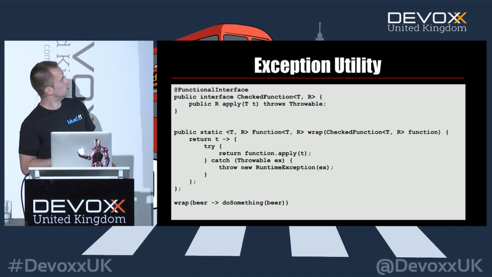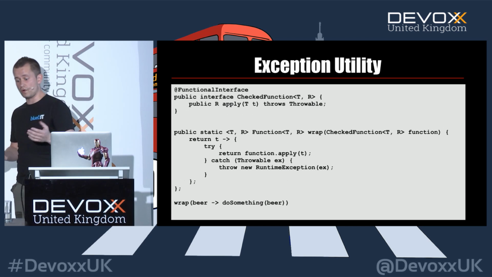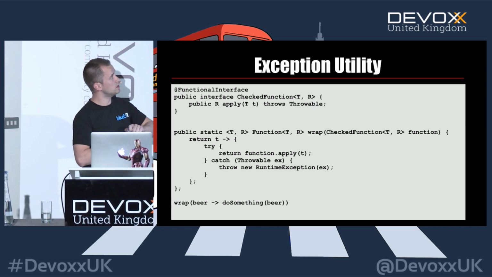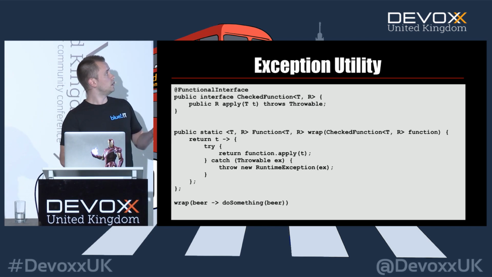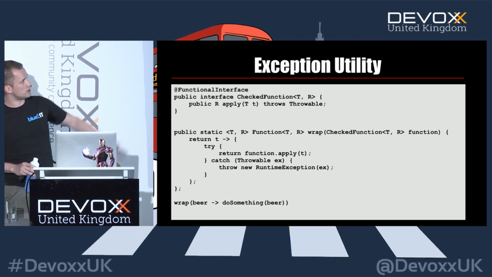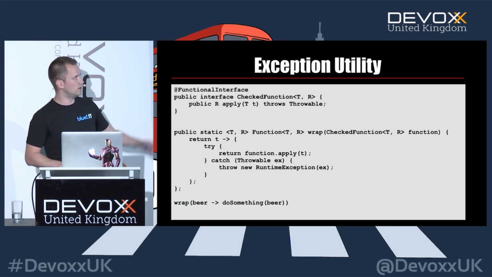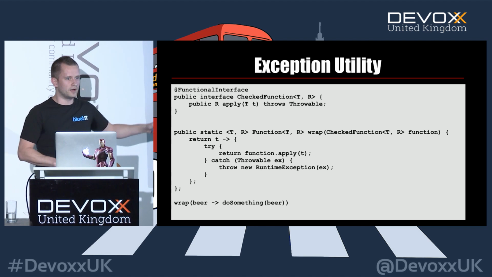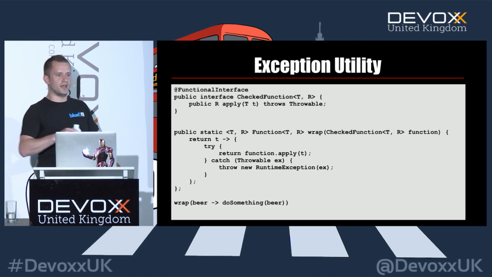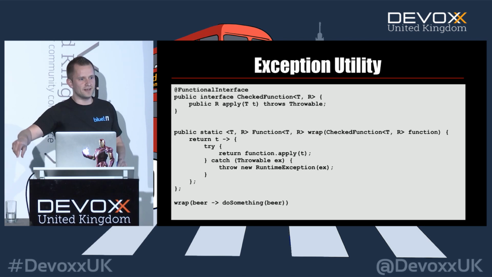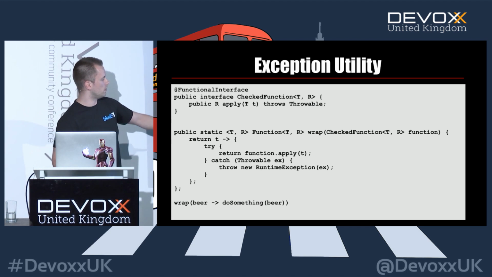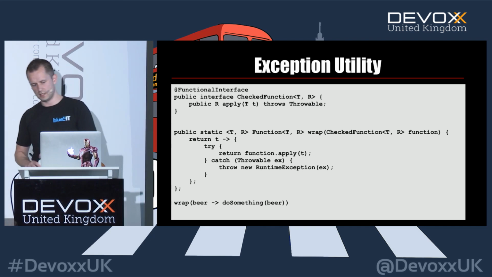So what you can do, for instance, is to write a utility with your own functional interface. In this case, a functional interface that actually accepts a throwable. And then you can write a generic wrapper, and yes, I did it in an ugly block Lambda, but in that way it fits on the slide. And I will tuck it into my utility file and never touch it again, so nobody sees it, right? But in that case, I can still use my Lambda by simply wrapping it into my wrapper.